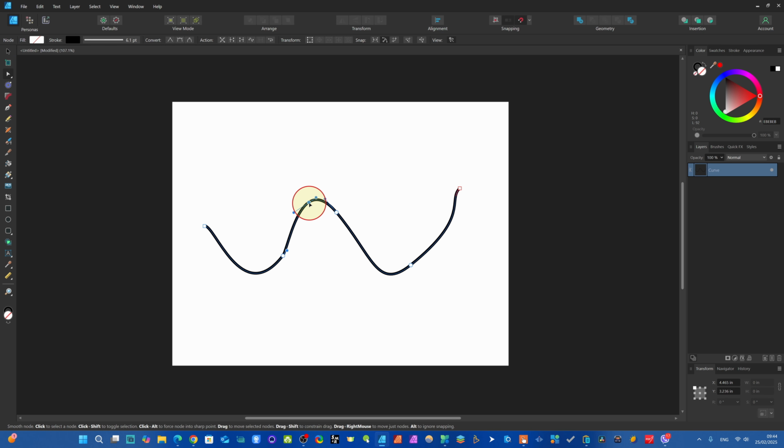But when you double click here, if you have a smooth node, it will convert into a sharp node, and a sharp node will be converted into a smooth node. For example, I just click here, this is a smooth node, and I will just double click on this. You see, now it's a sharp node, and again when you double click on this, it will convert into a smooth node. You see, now it says converted into smooth node.